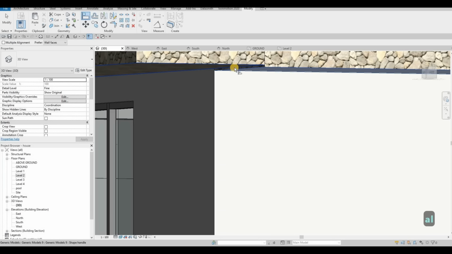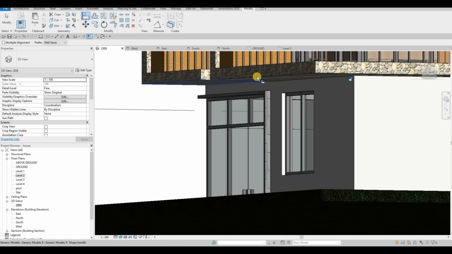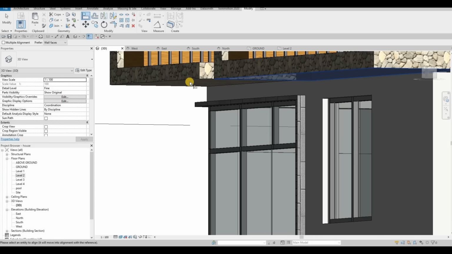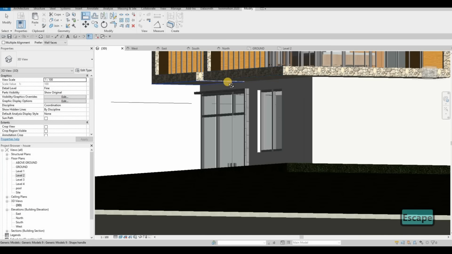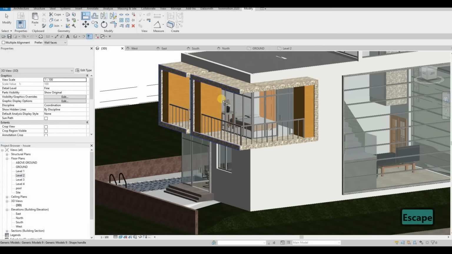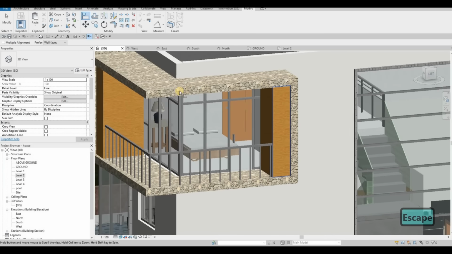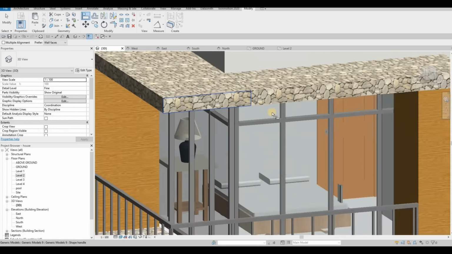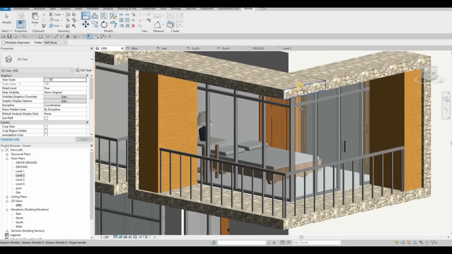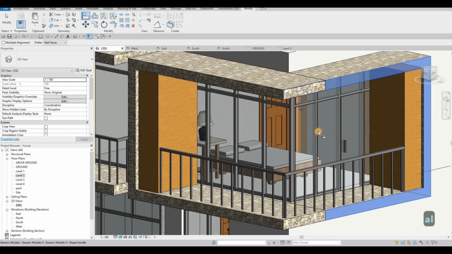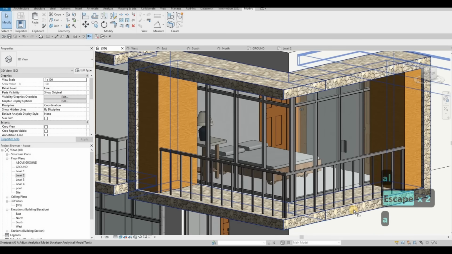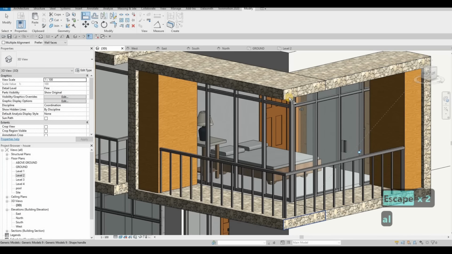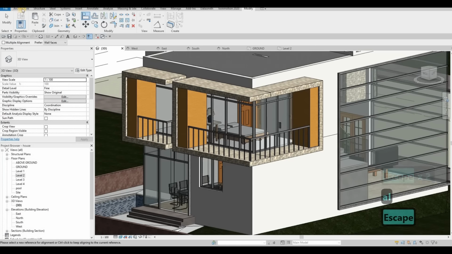I didn't notice that this one is not aligned. There we go. So once everything is aligned, of course it's easier for us to work on it. Especially if you have these two that are combining,